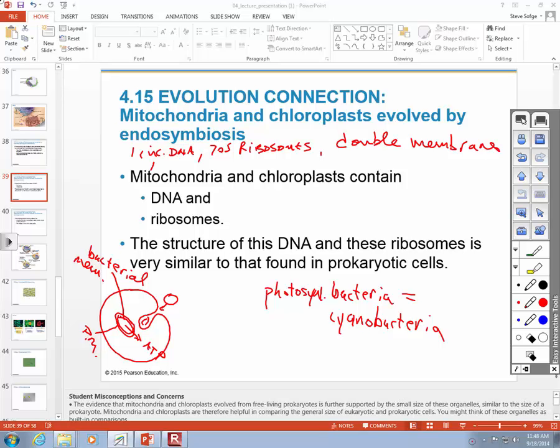You've got a double envelope structure that has one circular DNA, 70 S ribosomes, double membrane. And by the way, the mitochondria and the chloroplasts, they can divide independently of the cell. Now, not outside the cell, but within the cell, they can divide. So you can have, say, one mitochondrion that divides into two, and they divide into four. So if all of a sudden I start lifting weights, which someday hopefully I will, my cells are going